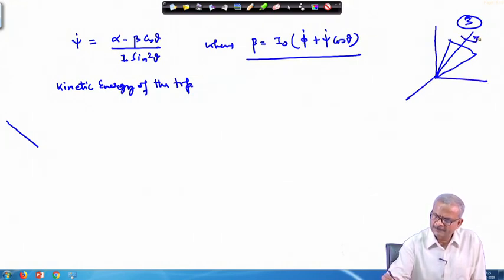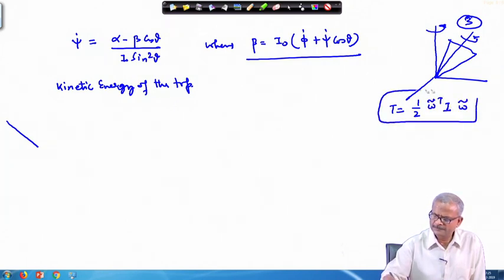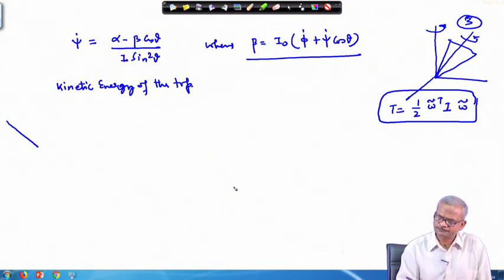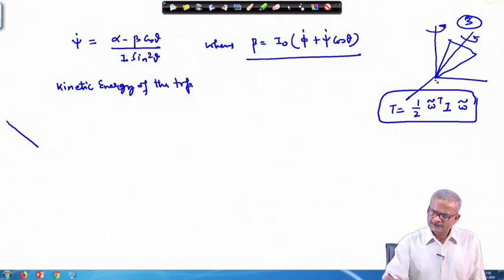So, this is spinning about this axis, then this is motion along this direction also. Already from your attitude dynamics, you know that the kinetic energy T can be written as omega tilde transpose I times omega tilde. This we have derived. This is for the simple case. So, the axis we have chosen, the body axis.